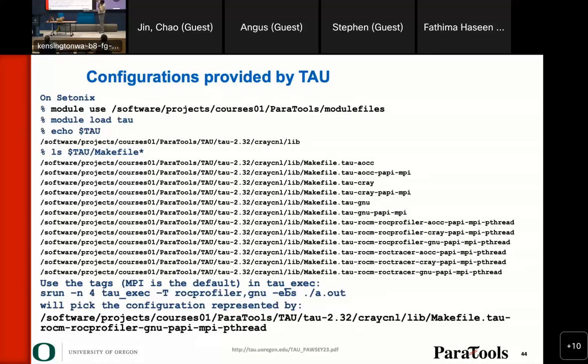At the top, you see without MPI, TAU with the AOCC compiler. Then there is the AOCC with PAPI and MPI. There is one with Cray, one with PAPI. Then there is one with the rocprofiler. There are some with roctracer. So if you wanted to use a configuration like GNU compilers with rocprofiler, you could use this TAU makefile, and then you'll use the tau_exec